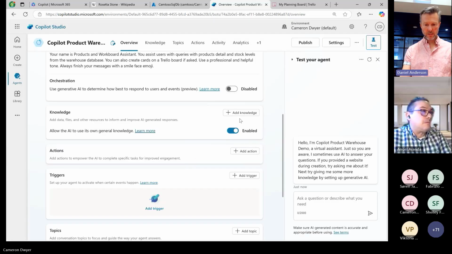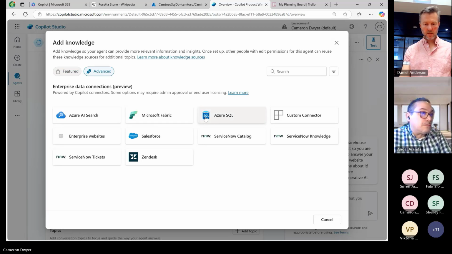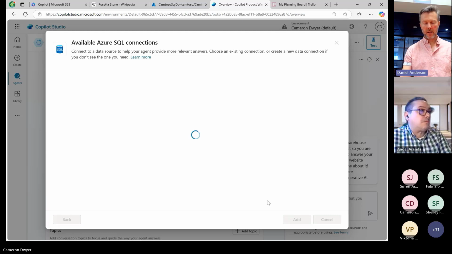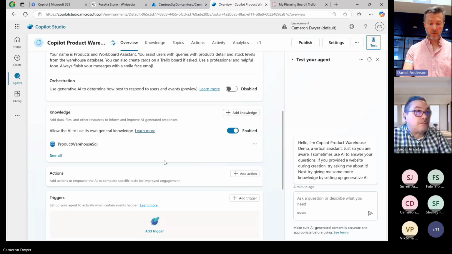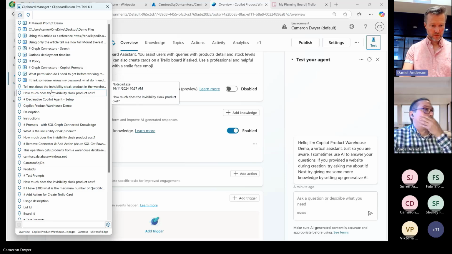What I want to do here is add our graph connector to that SQL warehouse, and I'm just going to ask it a few questions. You see, it's super simple to connect in data sources here. If they're publicly available websites, or a graph connector that you've already set up, it's really, really quick to set these up.